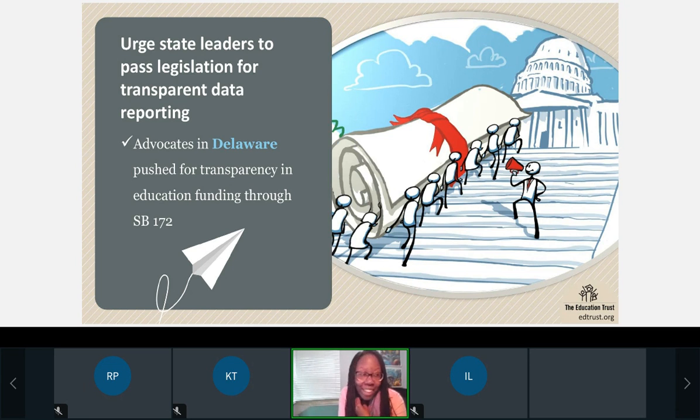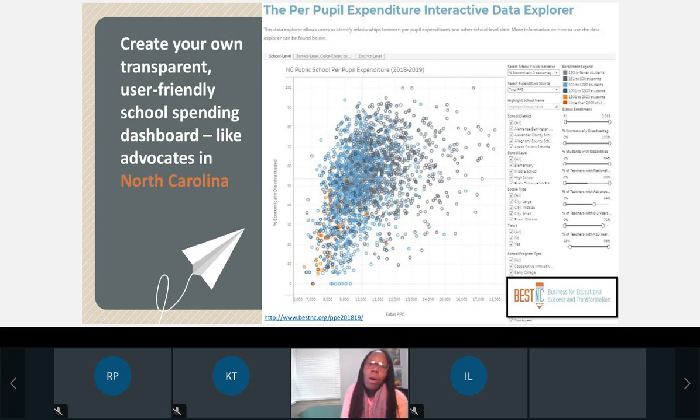The work definitely did not stop there. Advocates in Delaware are still very much actively engaged in making sure that the state implements the law, both to the letter and the intent, right? It's still an ongoing process. That is another example. Or you can create your own transparent report, and that's exactly what advocates in North Carolina